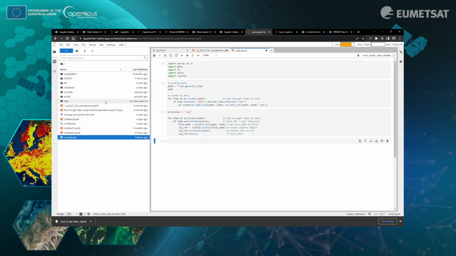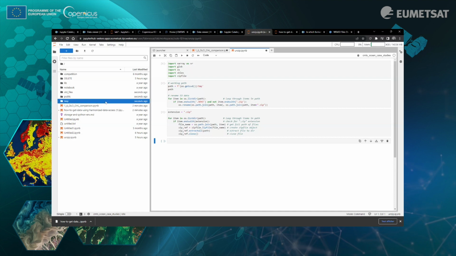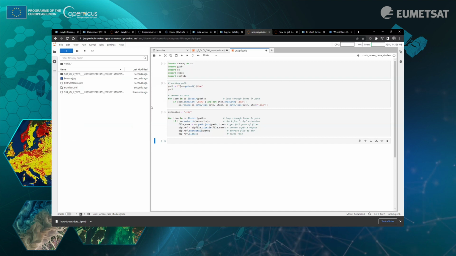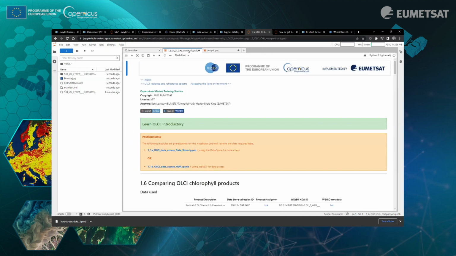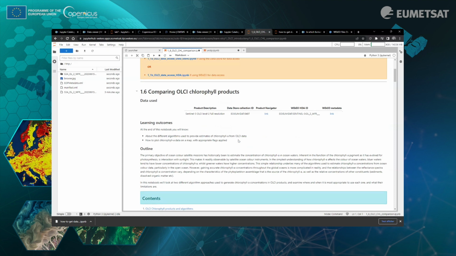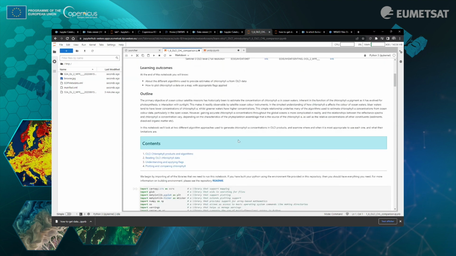Okay, in a few seconds, it will be accessible with the different files. I've unzipped the file, so it's perfect.